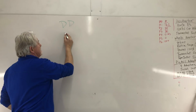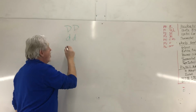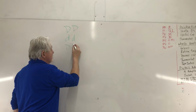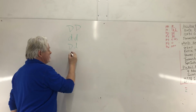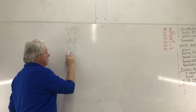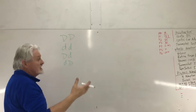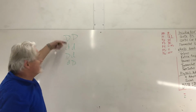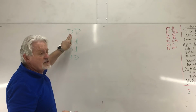It could be little d, recessive blue, it is blue, or it can have a copy of blue. So it's got one parent, and that can be written two different ways. This parent didn't give blue, this parent did, or the other way around. Could be like that. They're genetically exactly the same. Those are the four possibilities that you could get where you put two dogs together when you're looking at the